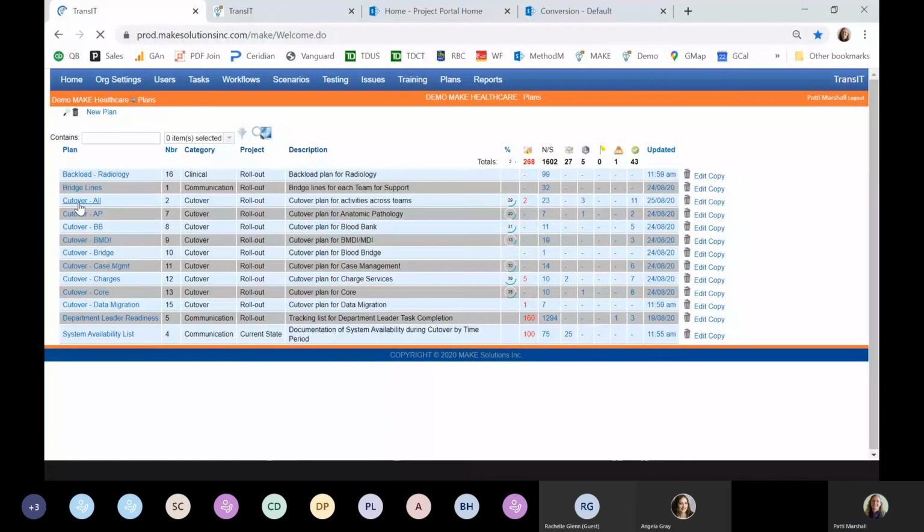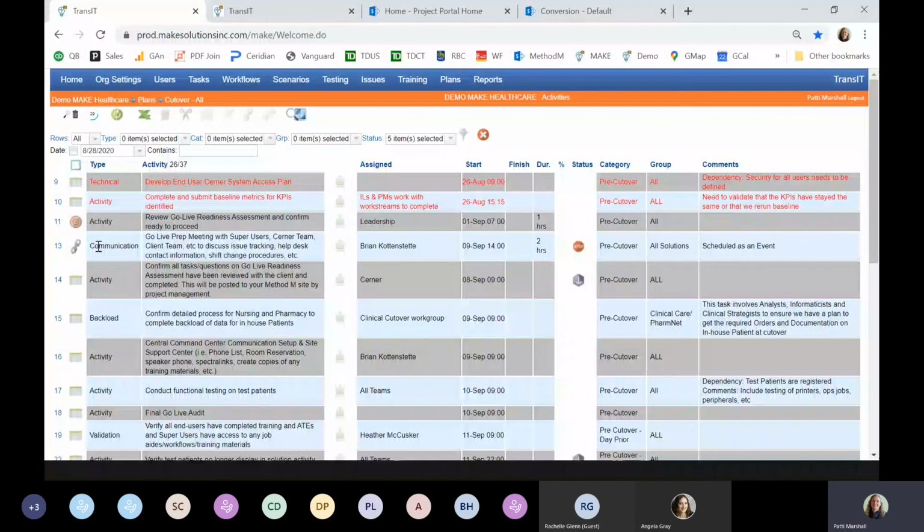But you'll notice that we now have dependencies. So dependencies can be, like I said, within a plan. In this case, it is. So this communication activity can't happen until this one is completed. And because this one hasn't been completed, it shows me a stop sign right here. It doesn't stop me from updating this task, but it's just to warn you that the dependency hasn't been completed